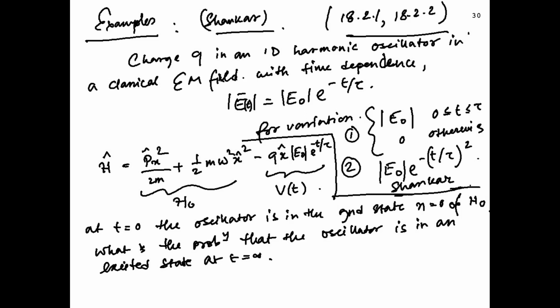So what is the electromagnetic field time dependence? Let us say it is decaying in time. That happens in transient fields. It's a very practical system in experiments. So in a transient field, E(t) vector is E naught e to the power minus t by tau. It's just how the magnitude decays. And for simplicity, we can assume it's in a particular direction x. So the Hamiltonian will look like px square by 2m plus half m omega square x square minus q x E naught e to the power minus t by tau.